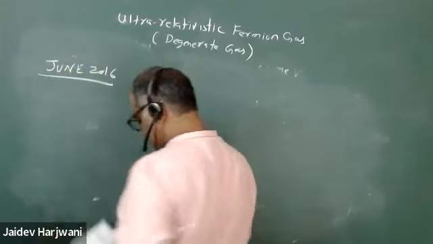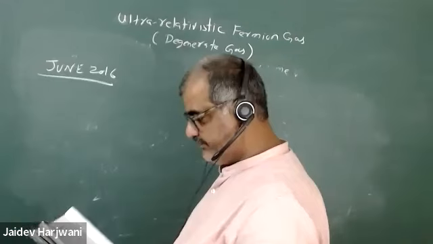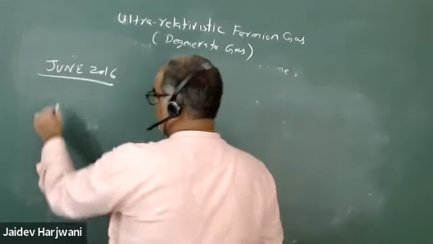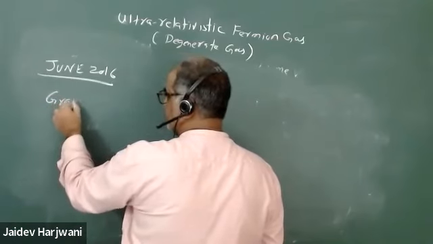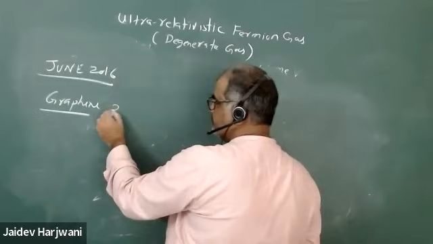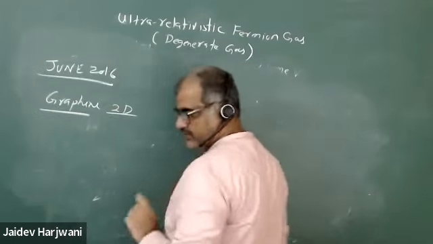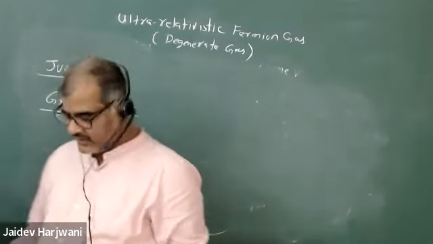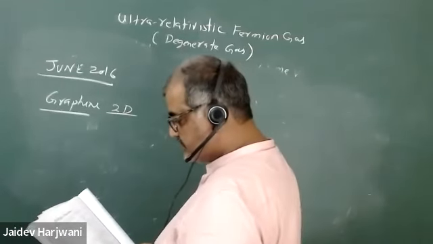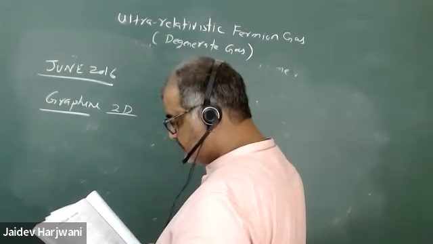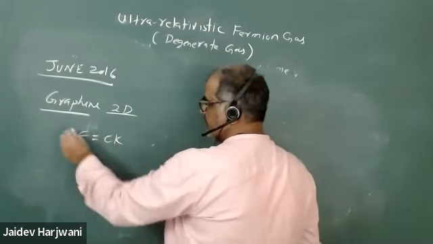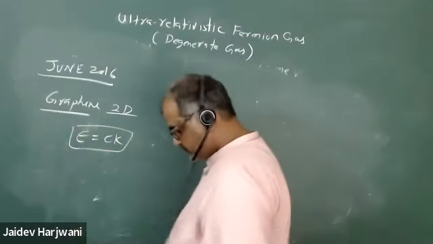Okay, they are given saying consider electron in graphene, monolayer of graphene. So as soon as graphene comes, you should understand that it is 2 dimensional. Graphene is a 2 dimensional material. If the dispersion relation for electron is to be taken E equals ck, this is the dispersion relation, E equals ck,